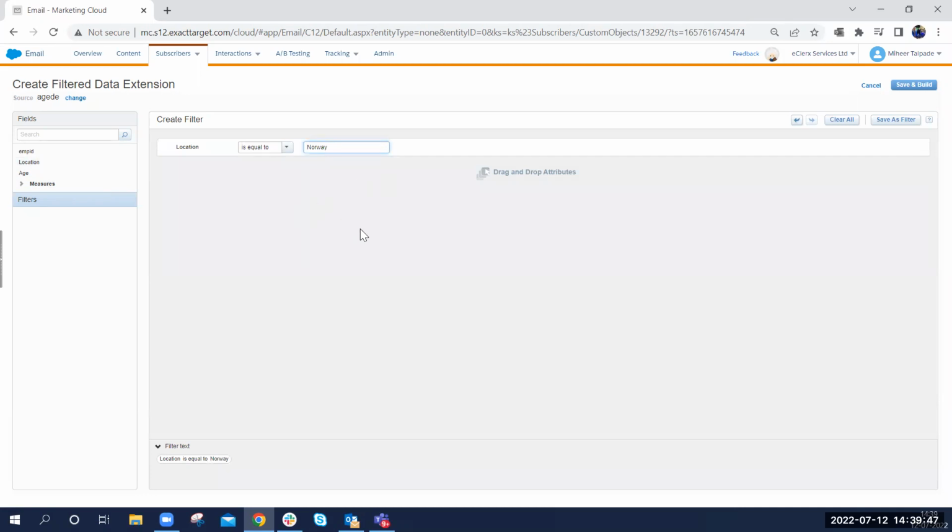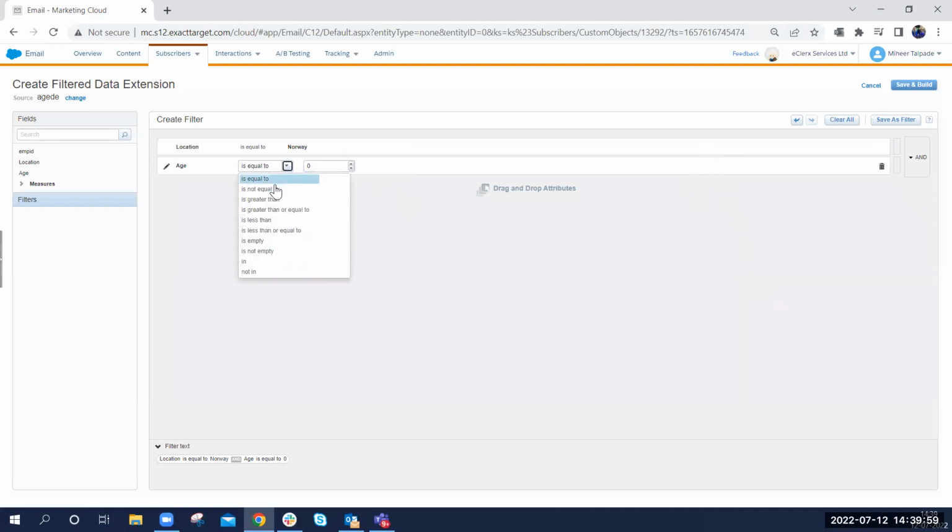I can add multiple filters if required. Let's say I want to put an age filter as well. I have my Boolean operators. This is AND, and all those who, let's say, age is greater than 30. These are Boolean operators. And an AND operator, for those who don't know: when you use an AND operator, then both these conditions need to be satisfied. Only if a record is satisfying both these conditions will that record be a part of the new filtered data